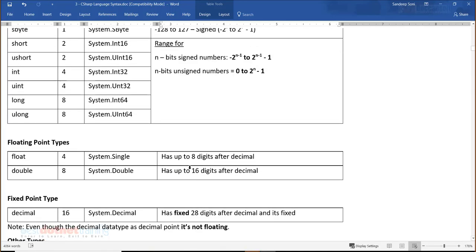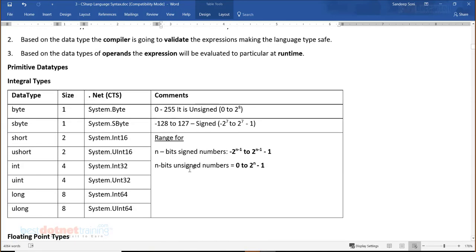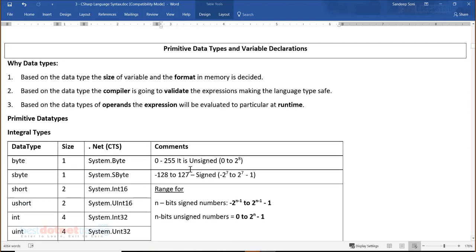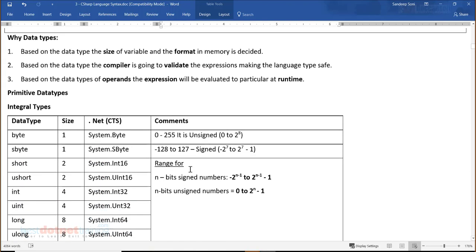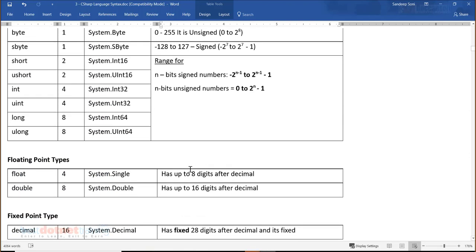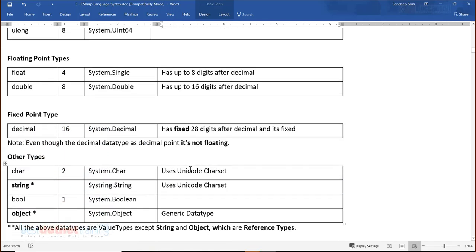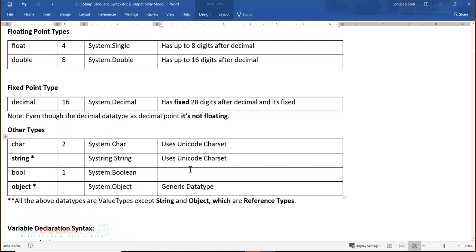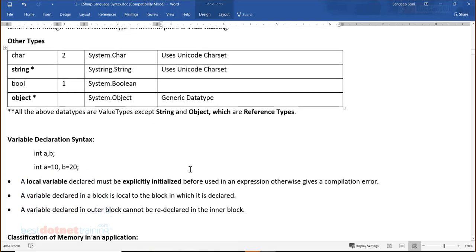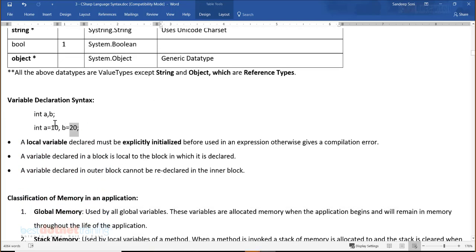So this is all about the data types we have in C#. But this is only an introduction to data types. What is most important is how we actually use these data types. So this is how we declare a variable, and every variable is supposed to have a name and a type.